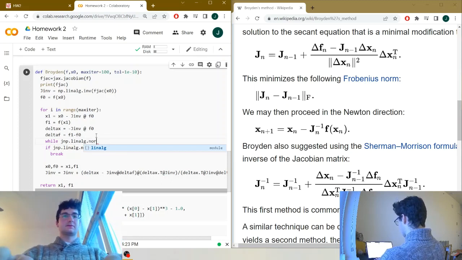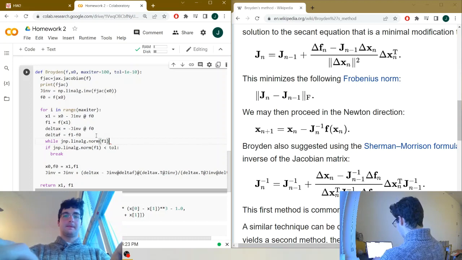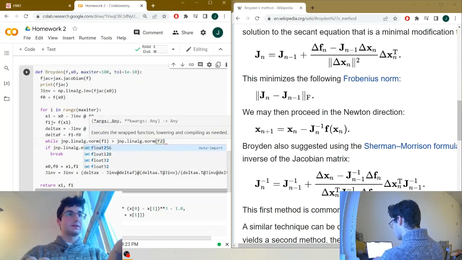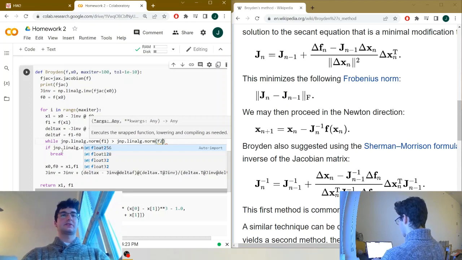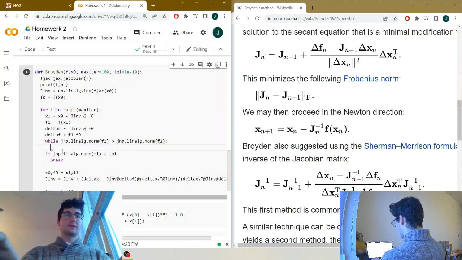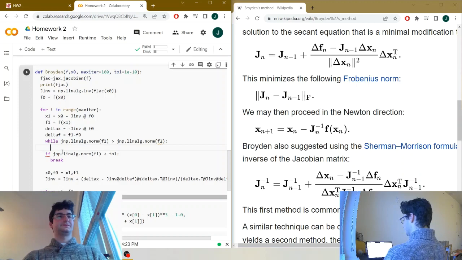So f1, if it's ever greater than the previous value, so at this point we've defined f1 and we have defined f0 and we have not yet changed it. So while we have that, then